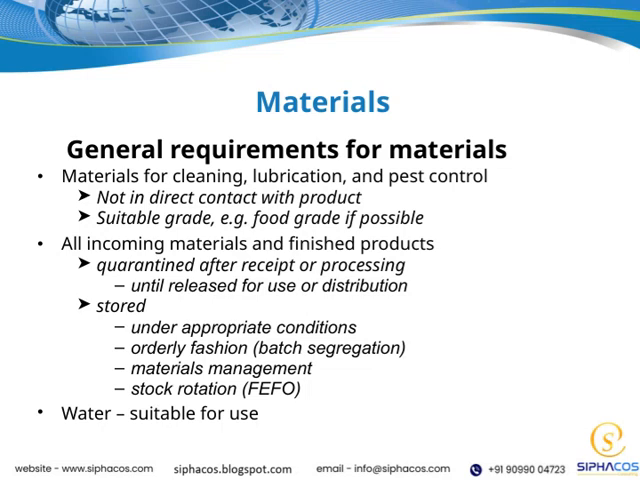When it comes to general requirements for materials, there are a few key points we need to keep in mind. First, materials used for cleaning, lubrication, and pest control must never come into direct contact with the product itself. This is crucial to prevent contamination. Next, it's important to use the appropriate grade of materials, ideally food grade if possible, to ensure safety and compliance. All incoming materials and finished products should be quarantined after receipt or processing. This means they are set aside until we can verify they meet quality standards and are safe to use or